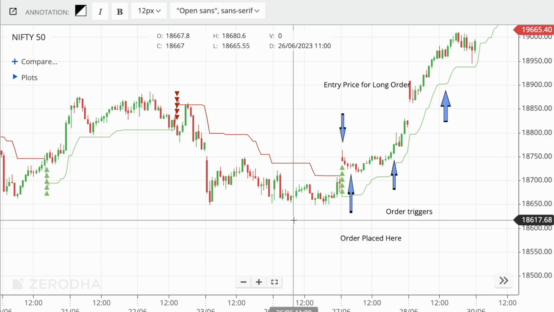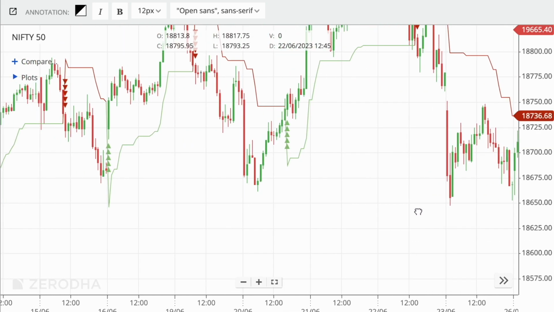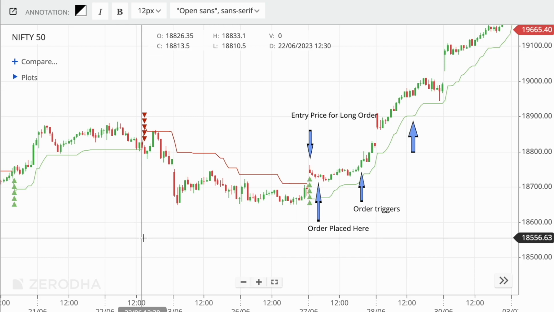So the system relies only on one indicator, and that is the Supertrend indicator. What we do is we go long when Supertrend is long, and we go short when Supertrend is short. But it is not that simple, because if we try to change our direction every time the Supertrend changes direction, we will end up with a lot of whipsaws. It will go long and then go short, it keeps on changing direction and we keep following it,